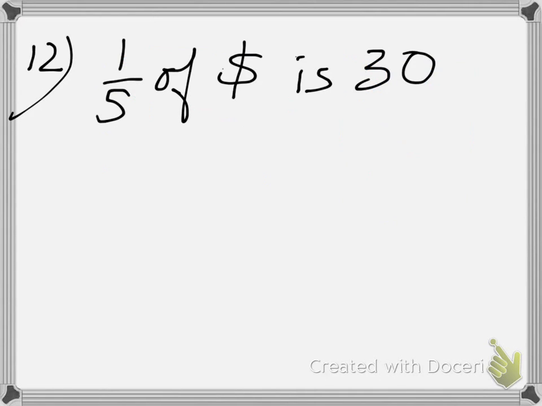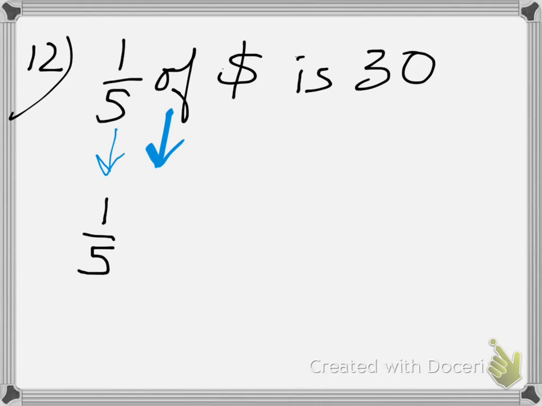For number 12, we have 1/5 of the money in the cash box is $30, and they want to know how much money is in the full box. One thing we can do with this is translate each of these into a math sentence. So we have 1/5, then of